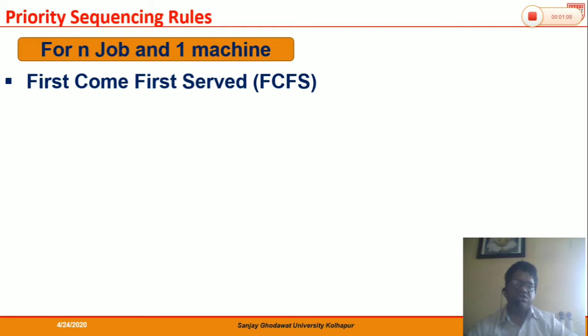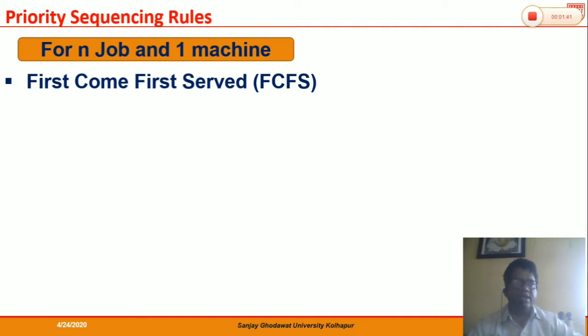See, certain machines are very costly, like a 3D printing machine for metals, maybe a tool cutting machine. We have seen in our industrial visit one single machine which was used for tool coating costing 13 crores. So we cannot repeat such machines. So how to schedule the jobs on these machines? We will study here. One rule is first come first served. Whichever order we have received first, we are going to process it first.